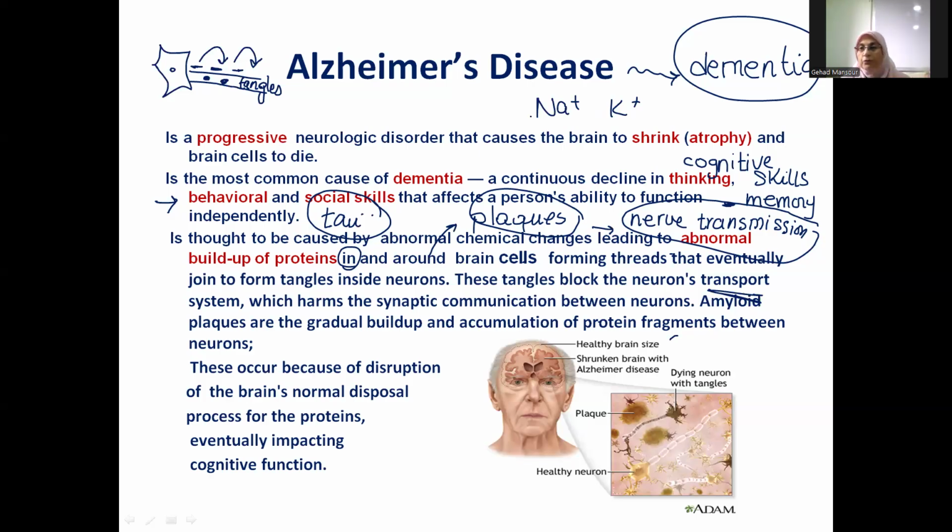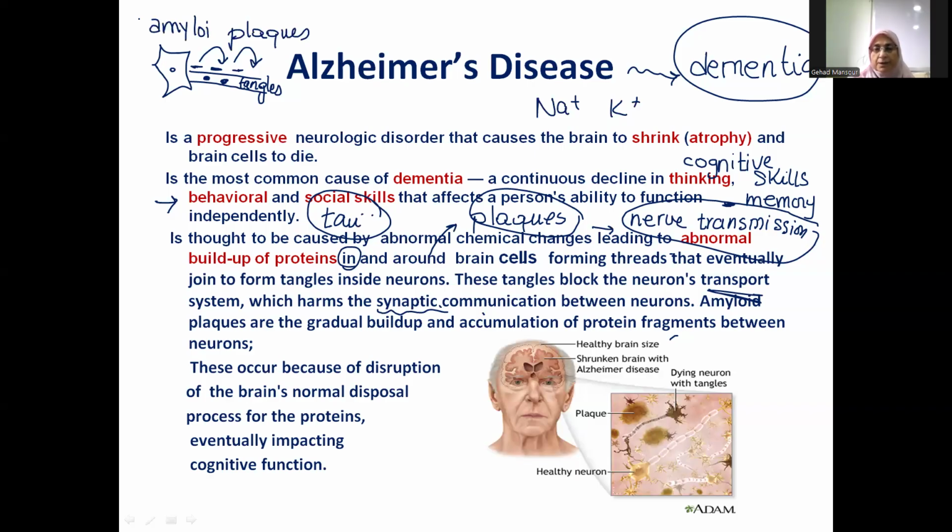So if any one of these electrolyte exchanges is affected, then definitely there will be a problem with neuronal transmission and with synaptic transmission again, and therefore all brain processes will be slowed. Why synaptic transmission? Because the plaques, these plaques that we call amyloid plaques,